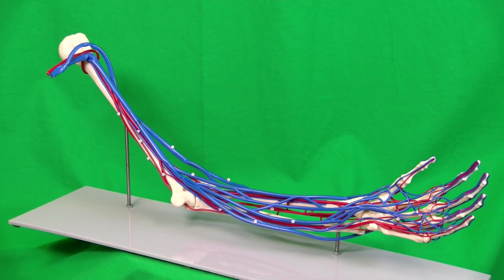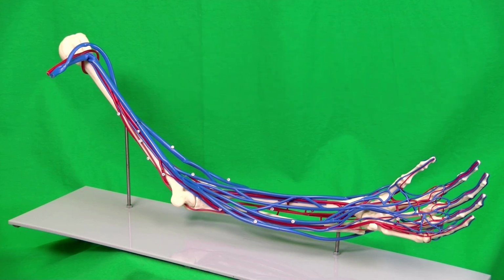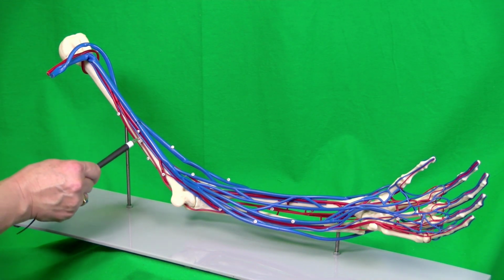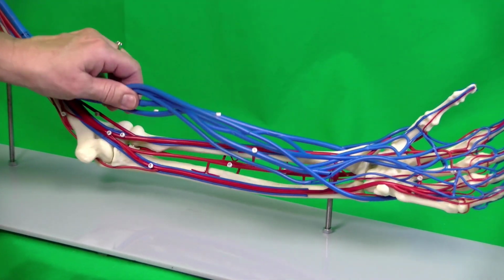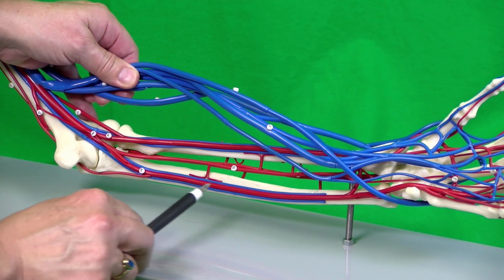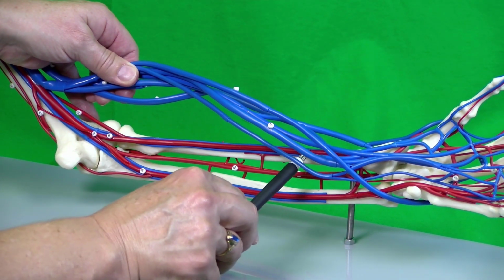For the lab practical exam, you must be prepared to state which side of the body you are labeling, since many vessels have left and right counterparts. So to recap in order of flow, we have the axillary artery, the brachial artery, the ulnar artery and radial artery,